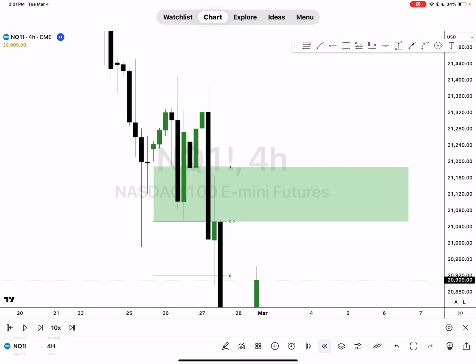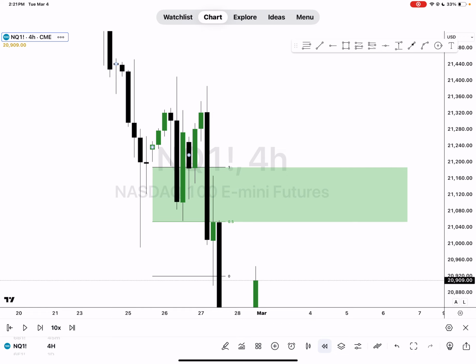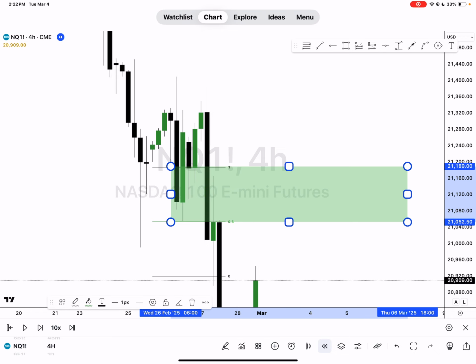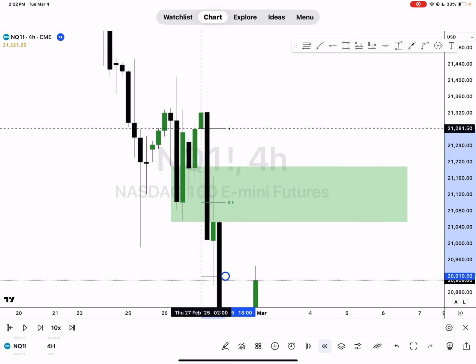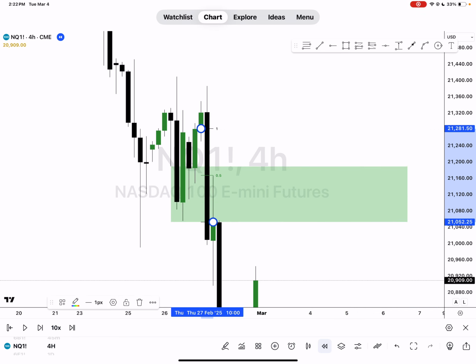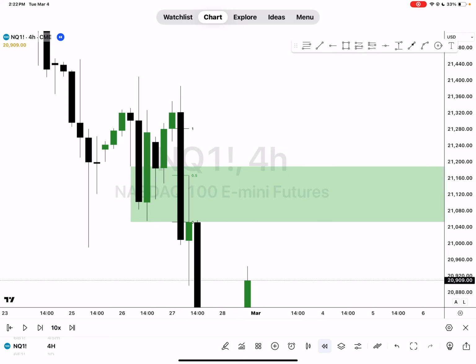Now, this is where people get a little confused on looking at more data. And this is why I stress looking at the higher time frames and marking up your points of interest from the higher time frame so you can exclude everything else outside of that. So yes, I clearly see that on the 4-hour time frame, you could consider this area from here to here as inefficient pricing. You could consider that. But as you can see,